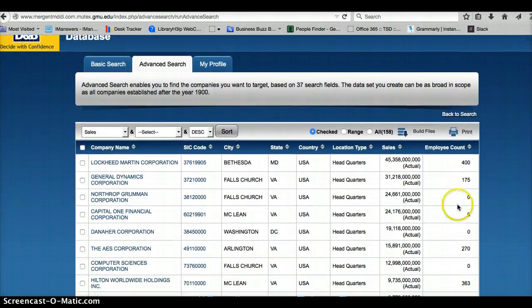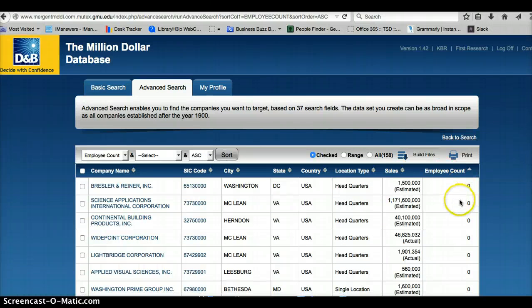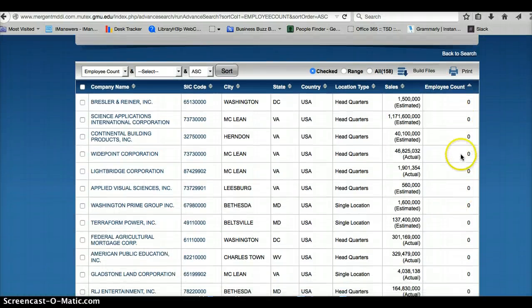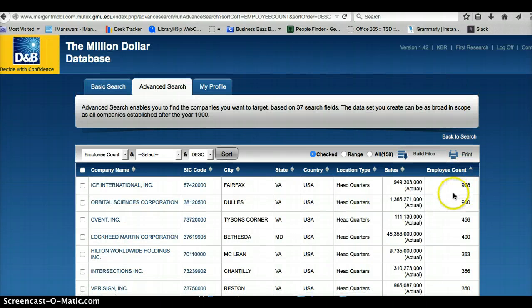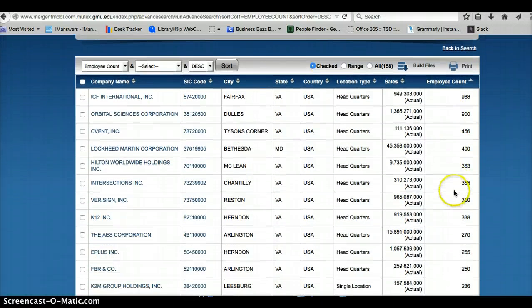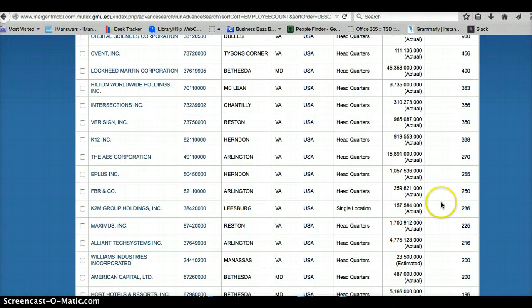These come up in order of sales revenue. You can switch this around to pretty much whatever you'd like. If you want to see employee count, you're going to get some zeros because not everyone reports this information, but if you want to flip this again and get the most employees, here you can see ICF has the most with 988. Go through the list, find a company that appeals to you,